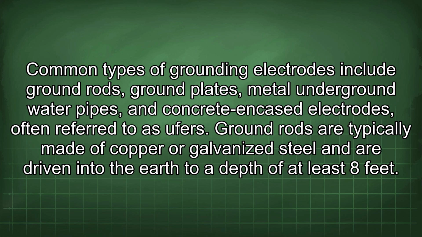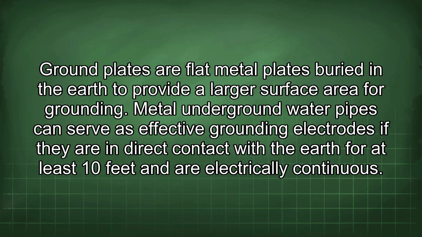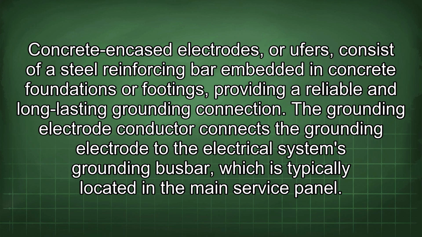Ground rods are typically made of copper or galvanized steel and are driven into the earth to a depth of at least 8 feet. Ground plates are flat metal plates buried in the earth to provide a larger surface area for grounding. Metal underground water pipes can serve as effective grounding electrodes if they are in direct contact with the earth for at least 10 feet and are electrically continuous. Concrete encased electrodes, or UFERs, consist of a steel reinforcing bar embedded in concrete foundations or footings, providing a reliable